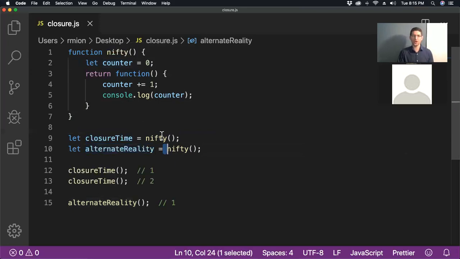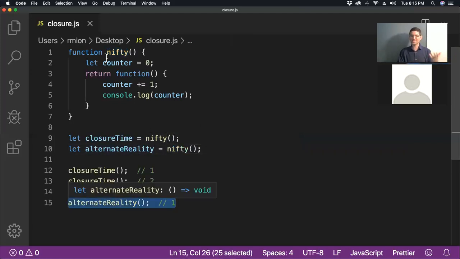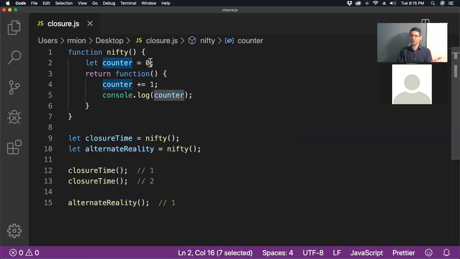So they both get their own backpacks, completely unaware of each other. And therefore, when we call alternate reality, that one's counter is still 0. We add 1 to it, and we get 1. So hopefully this is starting to make more sense, but this notion of returning a function, and in the body